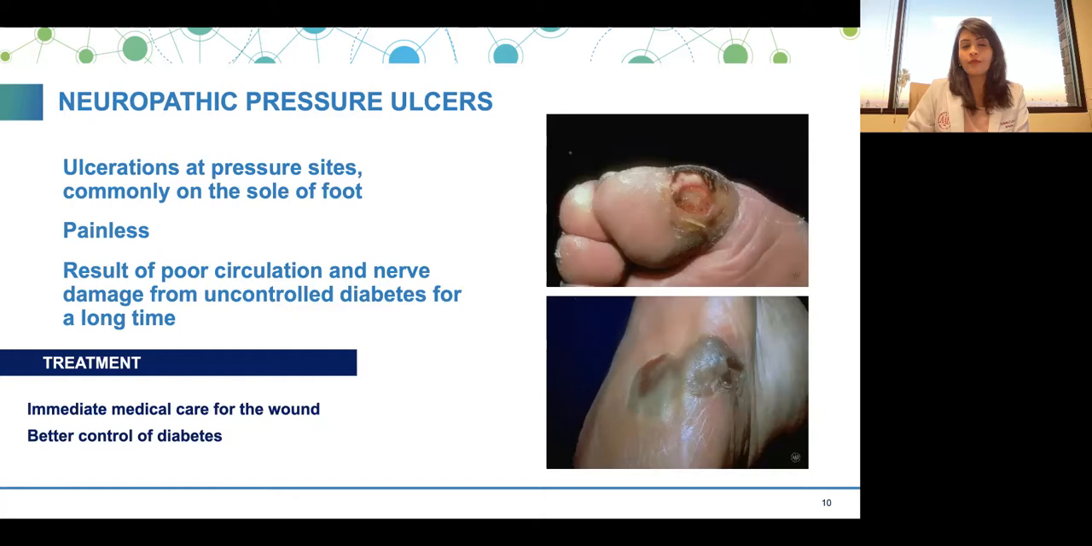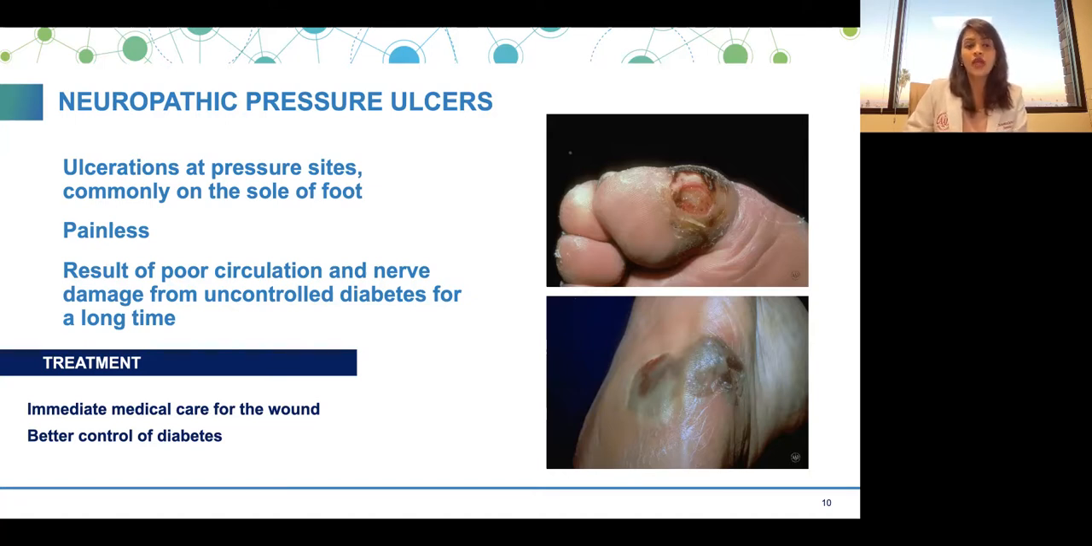Next, I want to talk about neuropathic pressure ulcers, also known as diabetic ulcers, which happen at pressure sites, most commonly on the sole of the foot. They're usually painless, and they happen as a result of poor circulation and nerve damage from uncontrolled diabetes for a long period of time. Now, this is one of the reasons why we emphasize and tell our patients with diabetes to examine their skin, look at their feet from time to time to look for these ulcers, especially early on as they start to develop, because you don't really feel the pain,